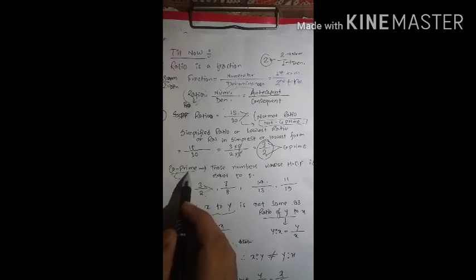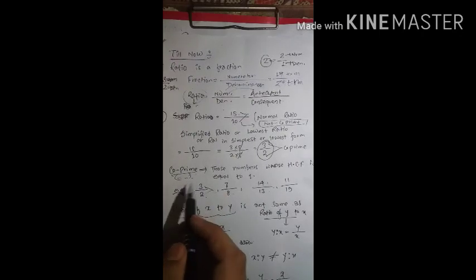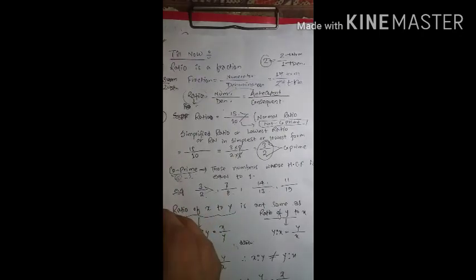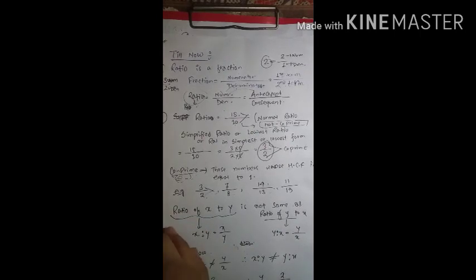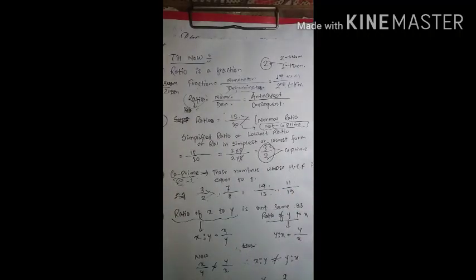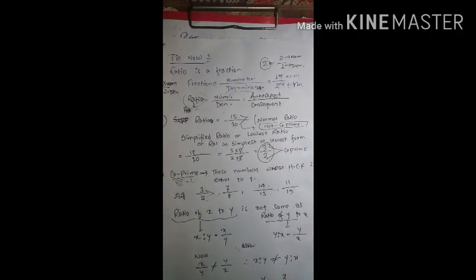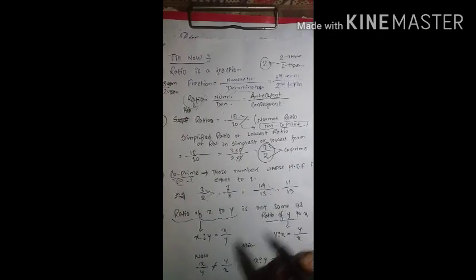For co-prime numbers, there should be 2 numbers or 3 numbers. There should not be a single number. For example, if someone asks you whether 2 is a co-prime number, we can't say that, because 2 is only a single number. But again, with 2, if 3 comes, then the question will become valid.